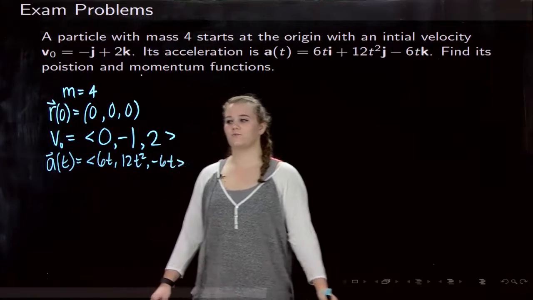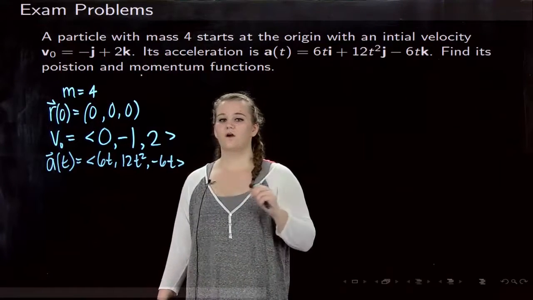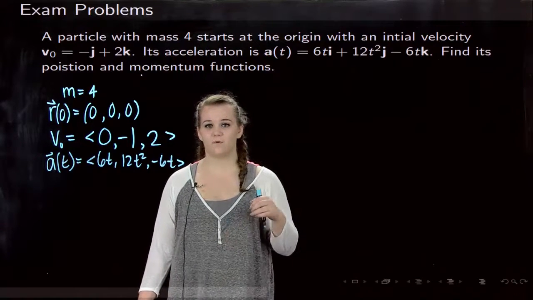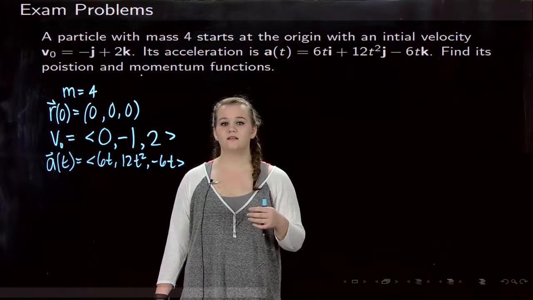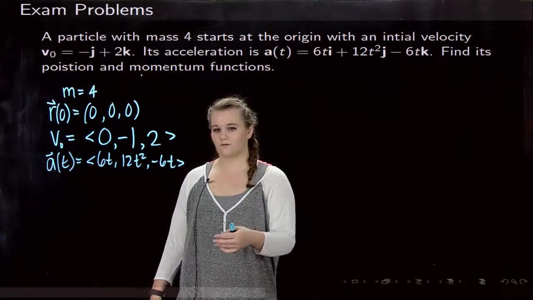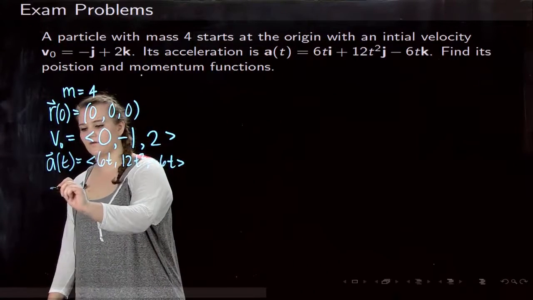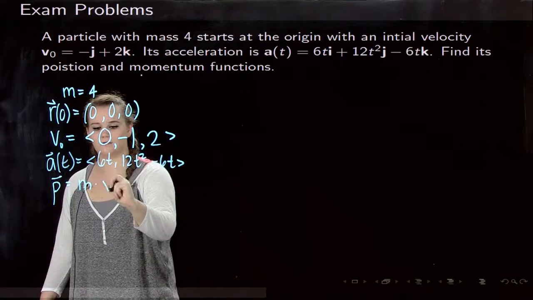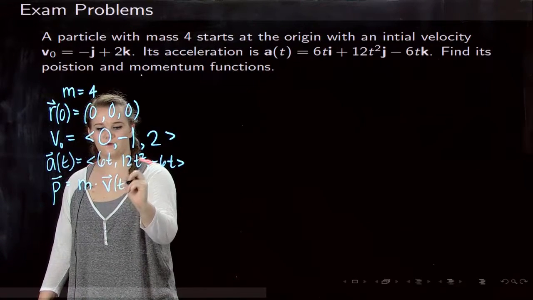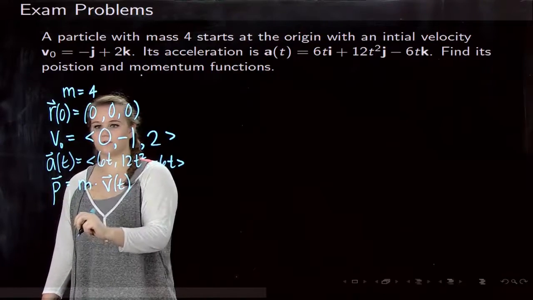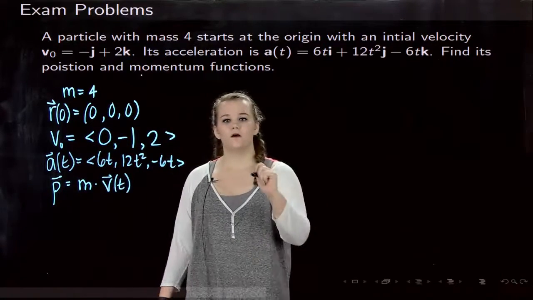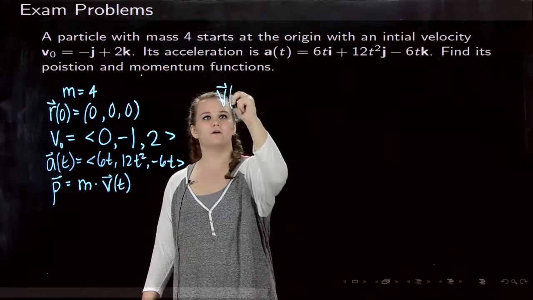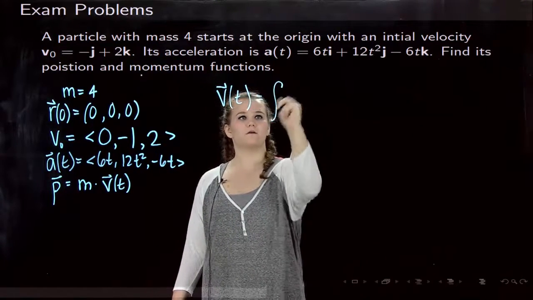Because we have the acceleration function, we're going to have to integrate that first so we can find our velocity function, which we're going to need for momentum, and then we're going to integrate that again to find the position function, which is what we're looking for. So real quick, we're going to write over here that momentum equals mass times velocity. So this is what we're looking for, and we're also looking for the position function. So we're going to start by integrating our acceleration. So this is going to equal the integral of